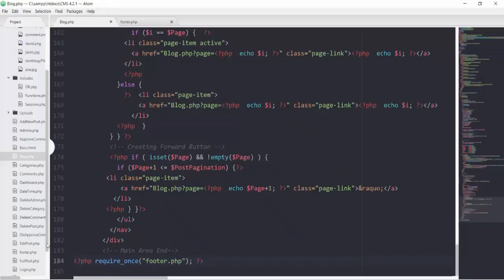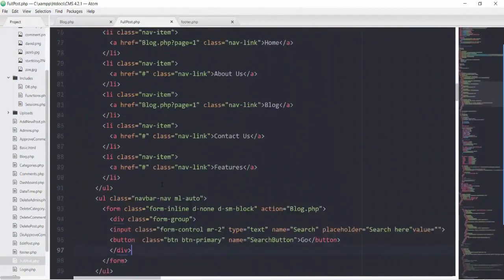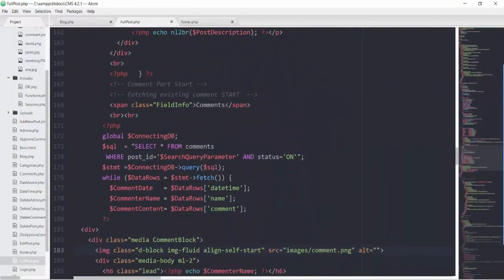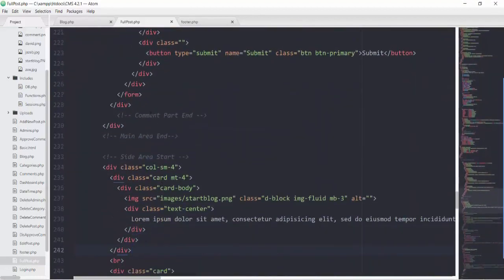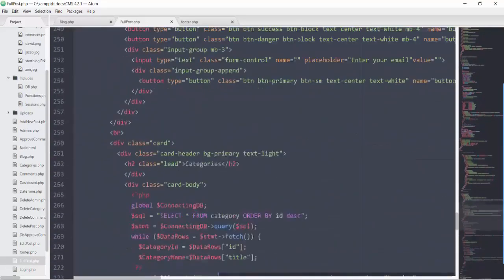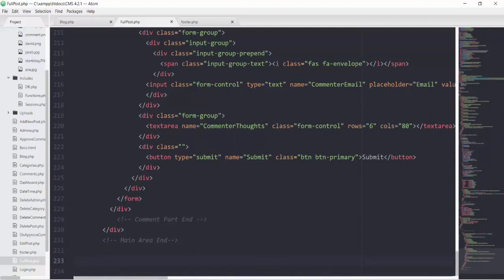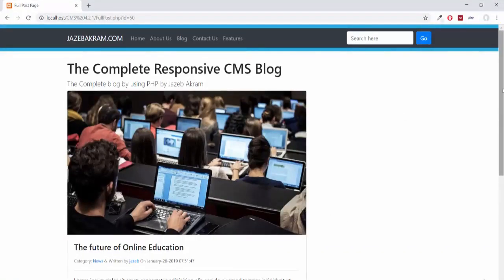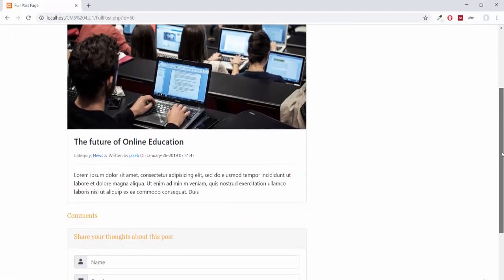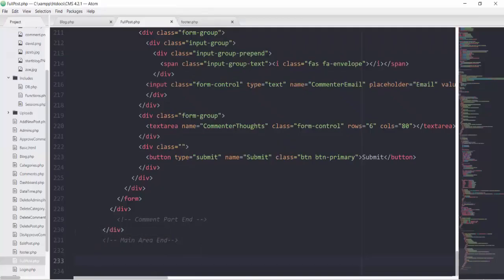So opening that page, full post, let's go to our side area. So our side area is starting from line 233. I'm gonna cut everything from here. So first of all, let's save this file fullpost.php and let's bring this full post page. So this is my full post. You can see we don't have any right side area, and also there is no footer here because I cut everything from this file. So now I can include that file here.